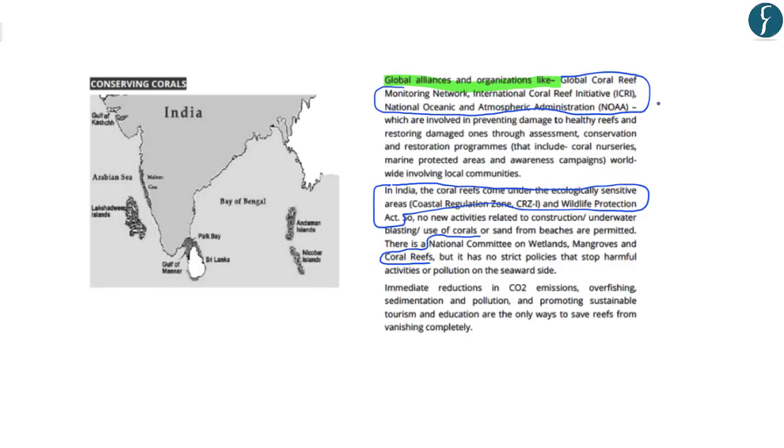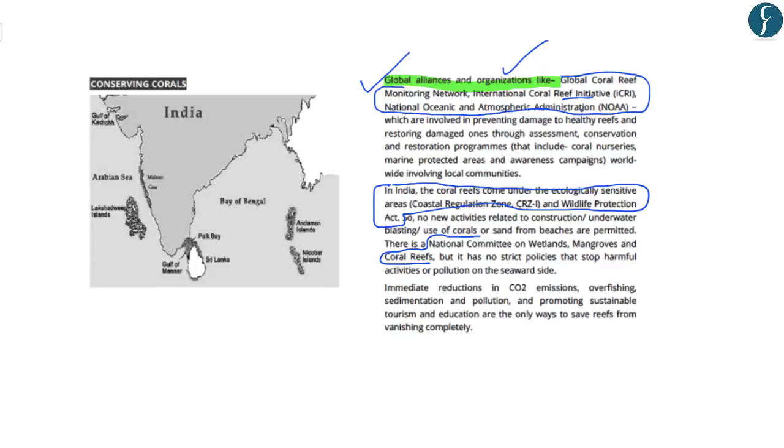Now, after seeing some of the correlation between global warming and the coral life systems, you could have quoted some of the initiatives that have been taken for conserving the corals. For example, there are global alliances and organizations like the Global Coral Reef Monitoring Network, the International Coral Reef Initiative or the ICRI, and the National Oceanic and Atmospheric Administration of the United States of America, which are all focusing their attention on conservation